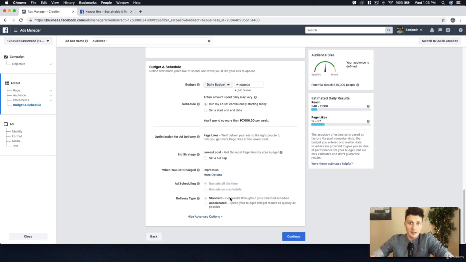So delivery type now. Standard delivery type means you're going to spend your budget over the period of time. So you're going to spend $50 over 24 hours. It's going to be spent evenly. It's going to be a very flat line. Accelerated, you're going to spend that budget as quickly as possible. So you might spend $50 within 1 hour, and then for 23 hours your ad turns off and you wait till it comes back. So standard is normally the best way to do it, unless you're really rushing for results,